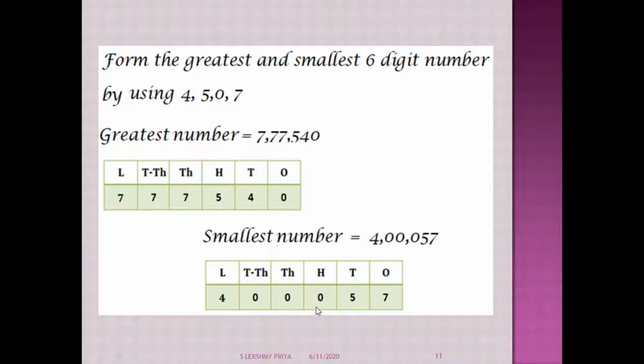Again 3 places are left blank. It is the smallest number, so we will fill the blank spaces with 0. Clear? So here it is 4,57,000. So when 0 is present in the digits, remember you should start with the greatest digit in the ones place, the second greatest in the tens place, and here 0 and 4 are present. You should write 4 in the lakhs place and fill the other places with 0.